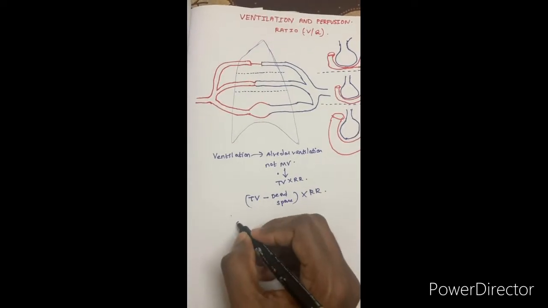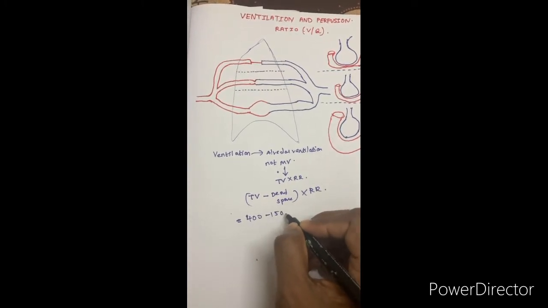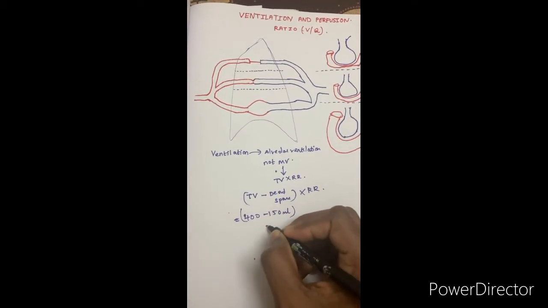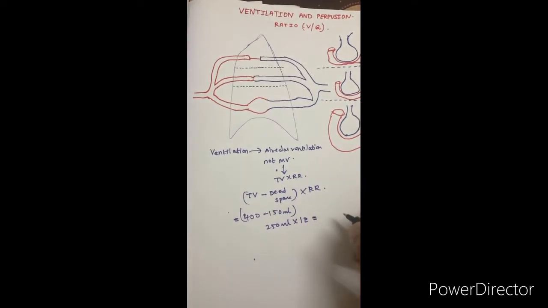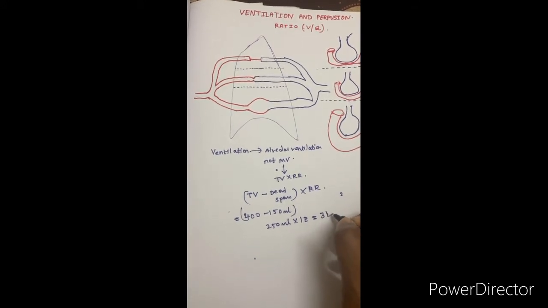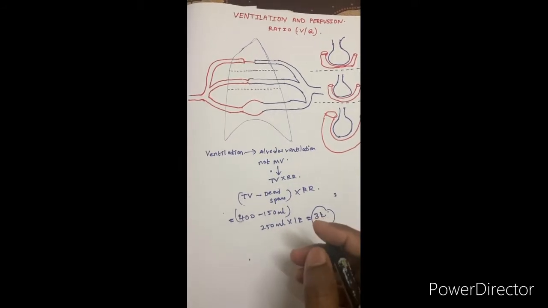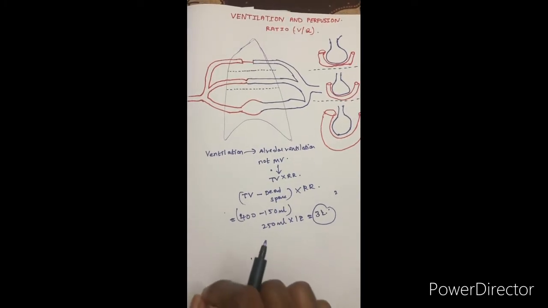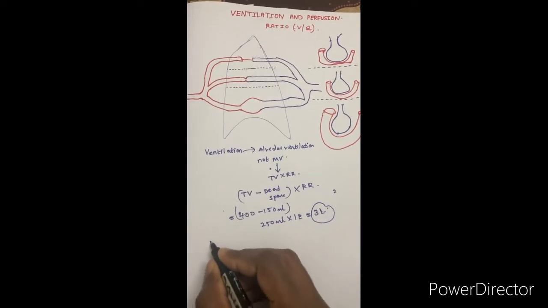So just consider if the tidal volume is 400 ml and dead space is 150 ml. Okay, 150 ml subtracted, how much will it become? It will be 250 ml around that range, times 12. So 250 times 12, approximately 3 liters, that is your alveolar ventilation volume, 3000 ml. So ventilation in this chapter I mean only alveolar ventilation, not minute ventilation. And next I am dealing with perfusion.